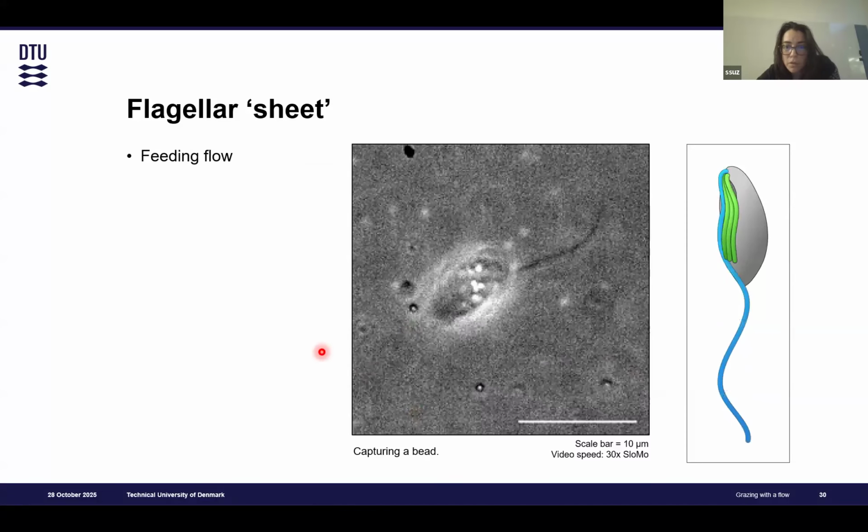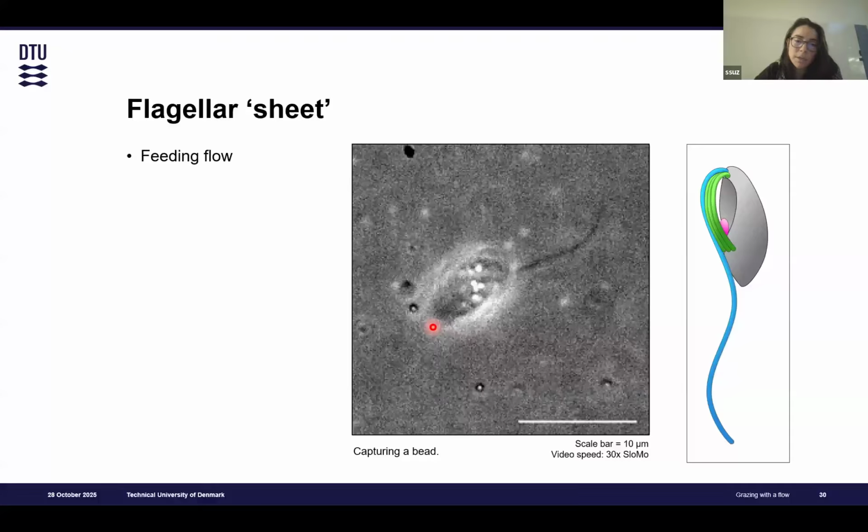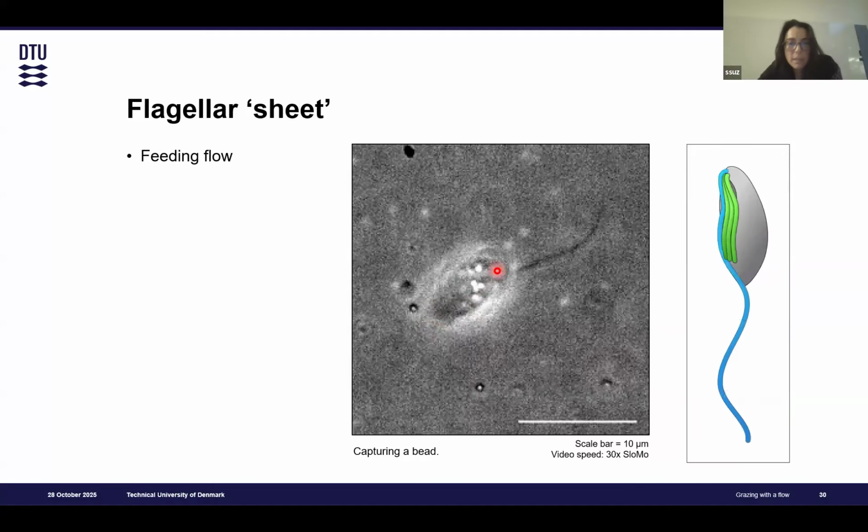Oh, and this video stopped. But mainly, yeah, sorry about that. But mainly you can only see particles that were within maybe 2 micrometers of reach that were actually affected by the feeding current that these organisms are producing, and then that would definitely be sucked into